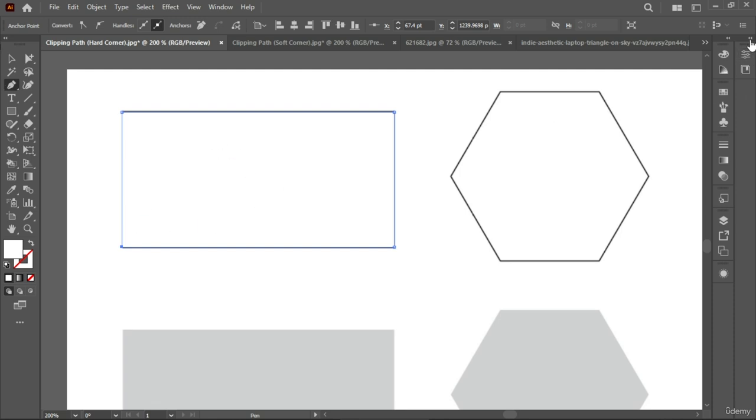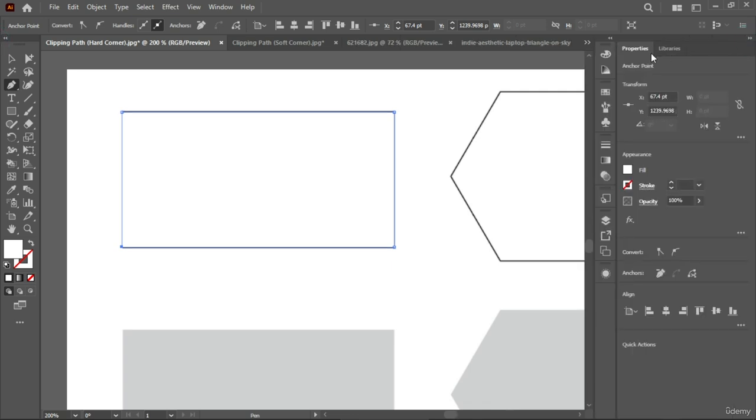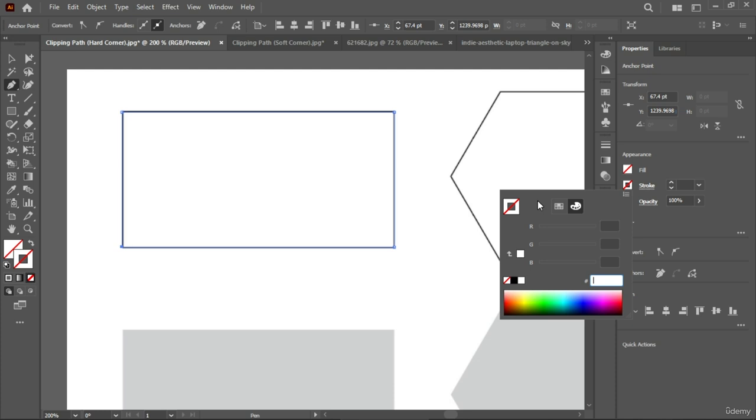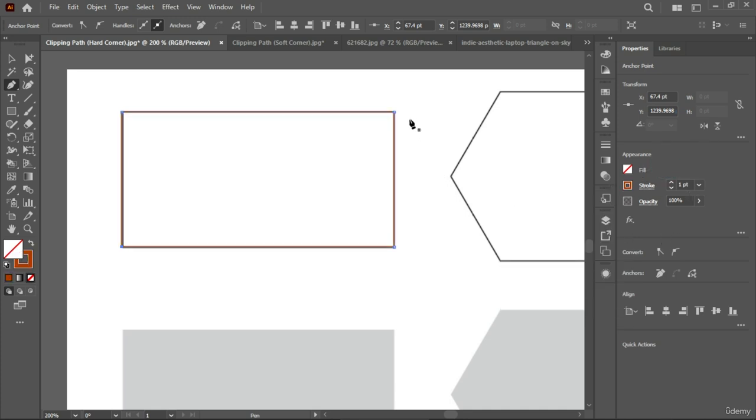So we'll go over here in properties, and in appearance, instead of fill, we will select this and select none. That way our shape's borders are still there, and over here in the stroke we will select black, or we can select any color that you wish. All right, so that's as easy as it is. After that, we're done with selecting